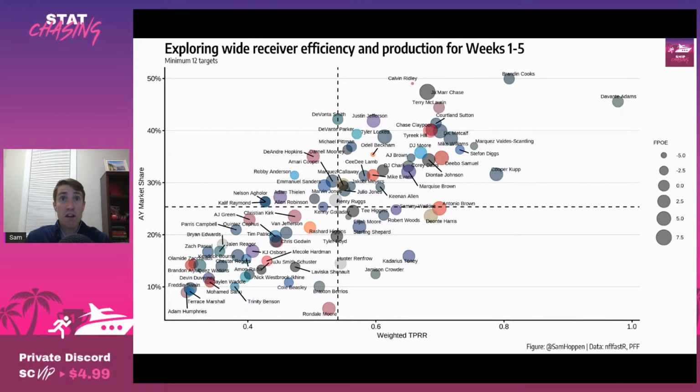He's got a 30% air yard share, pretty good, an 18% target share, also good, and a 0.73 weighted targets per route run. Those are not bad marks, considering what you've gotten out of him, which is nearly 11 PPR points per game. And then you look at Deontay Harris, he's averaging 9.5 PPR points per game on his own. He's got a 24% air yard share, a 14% target share, along with a 0.71 weighted targets per route run.